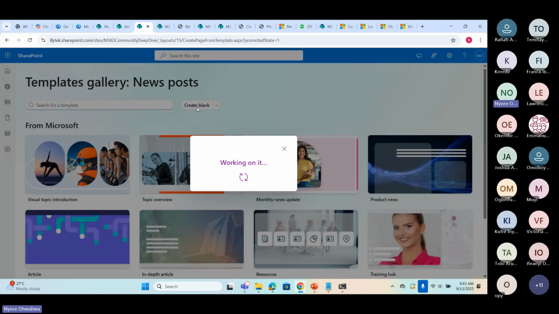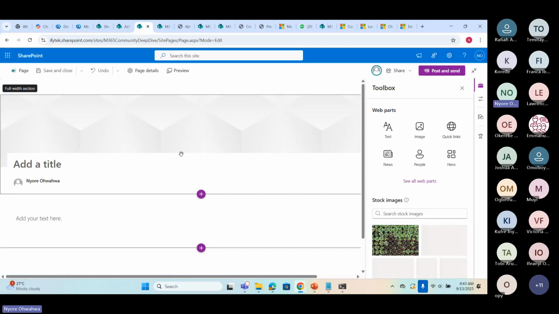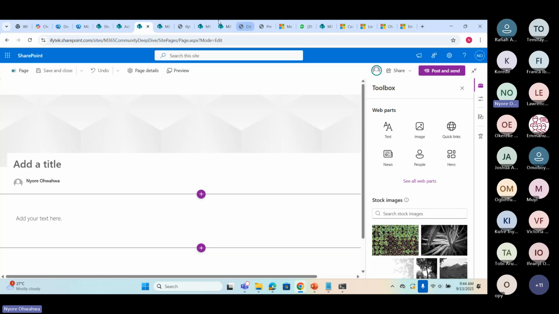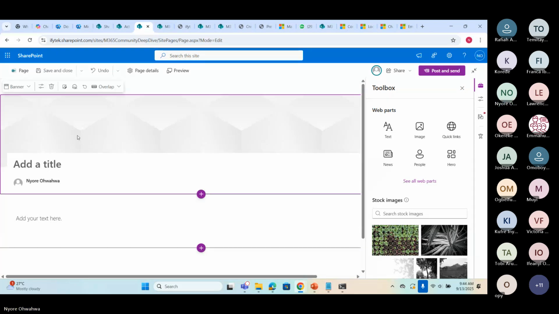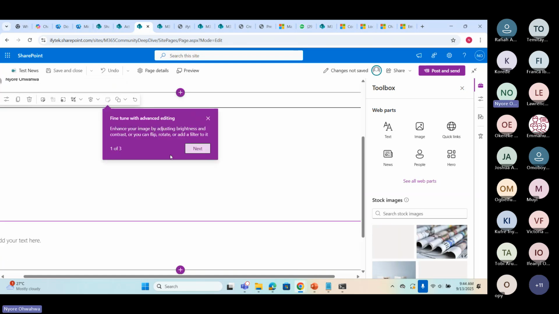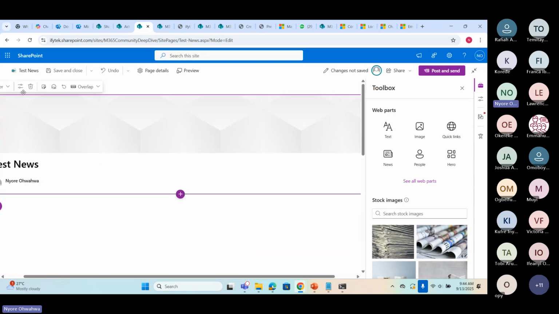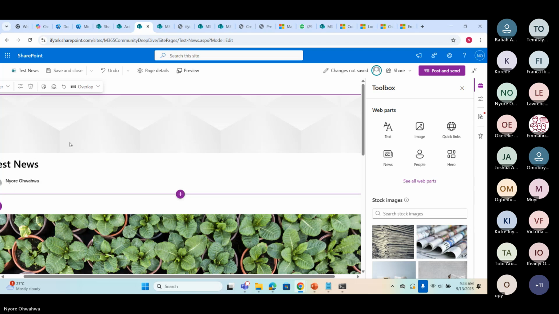I can create blank. News posts are basically created with site pages. Test news. So I can have a picture. Okay, let's see if I have any picture that I would want to add.